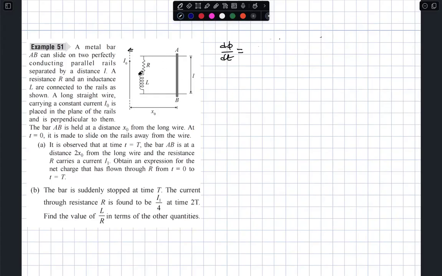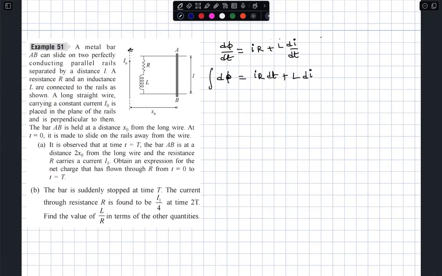Whatever the EMF induced here is dropped as IR plus L dI by dt. Why have I done a U-turn? Because you haven't given me any data here in between. From this, I can write d phi as IR dt plus